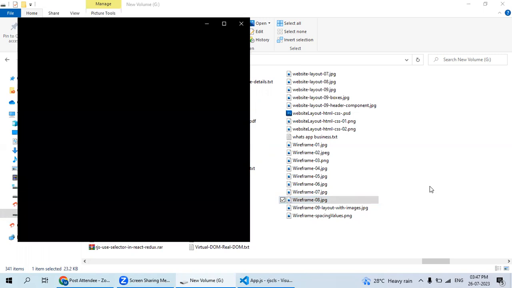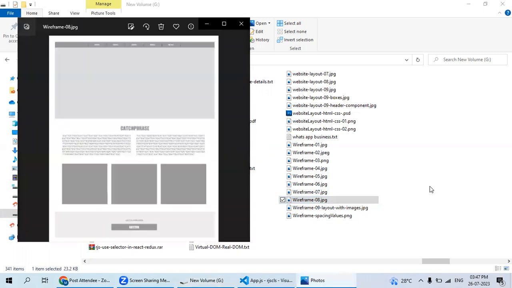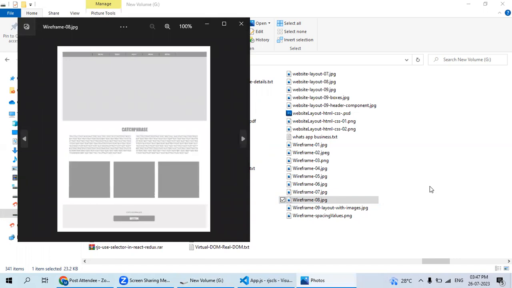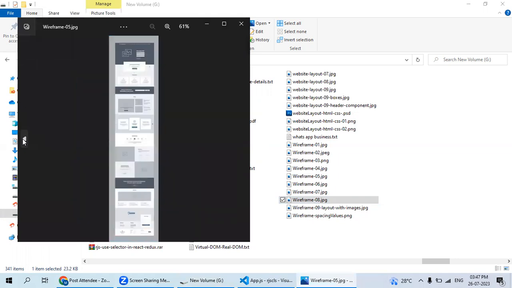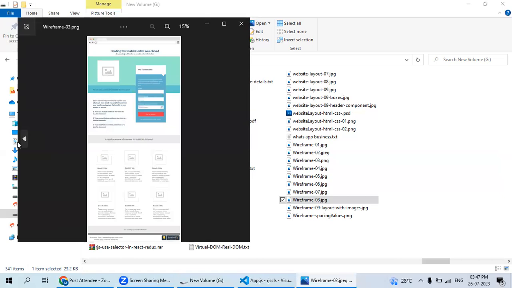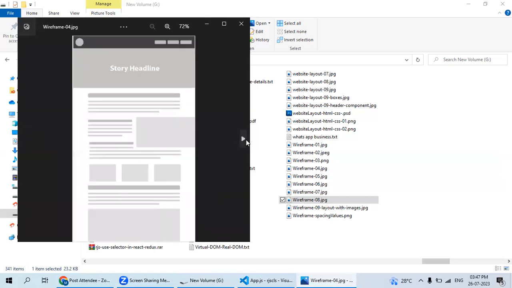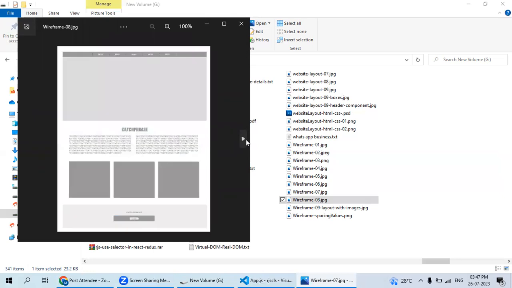When you are observing any kind of layout, whichever layout you want to do, you need to think how many sections are there in that layout to design in HTML and CSS. Here we have the header, number one; the slider, number two; and in the second section, the slider doesn't have any